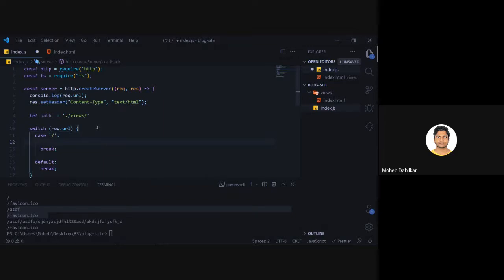We will say path plus equals to index dot html, and else we will have a default path as well. So we will say path plus equals to 404.html.